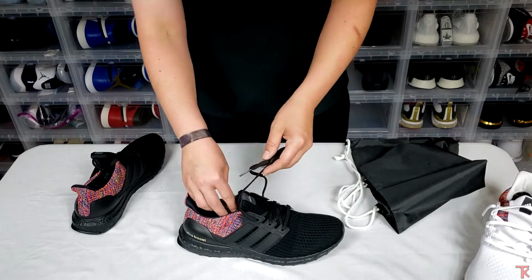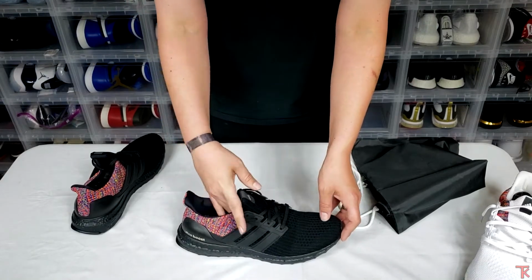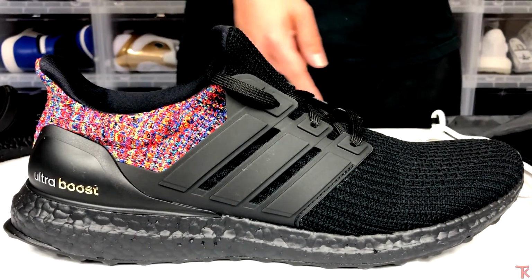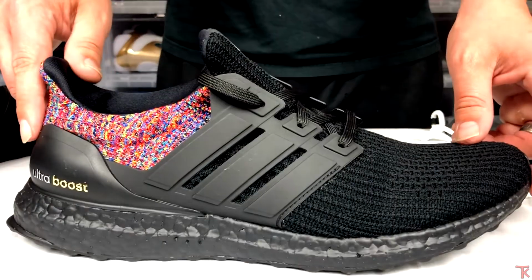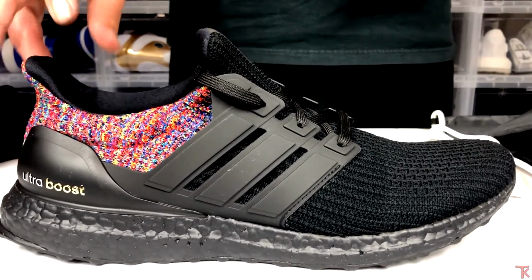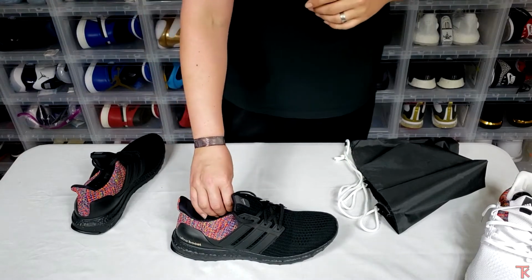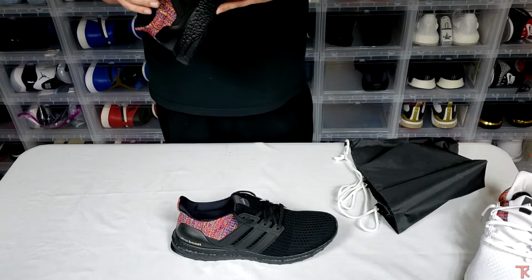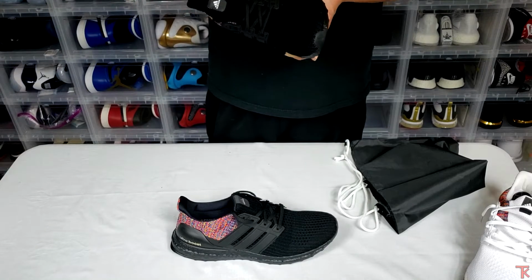So, as you can see, I got the black on black on black on black on black miAdidas Ultra Boost 4.0 Rainbow. Now, when these things dropped, I was like going crazy. I remember seeing something about them that they'd possibly drop, and